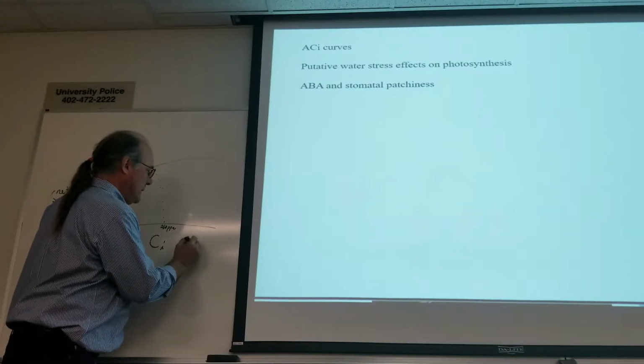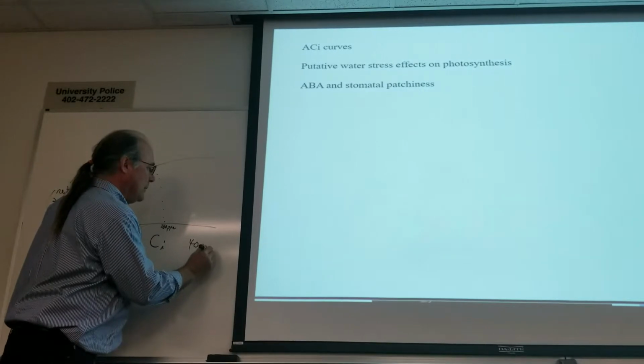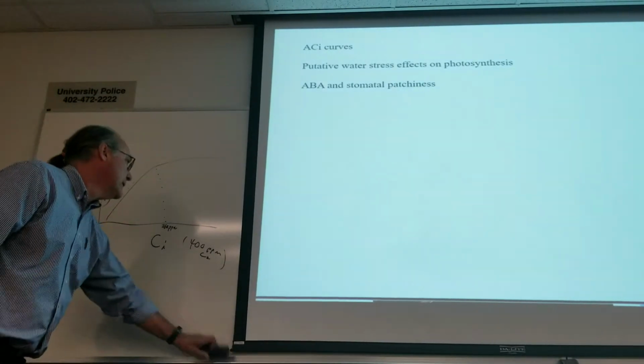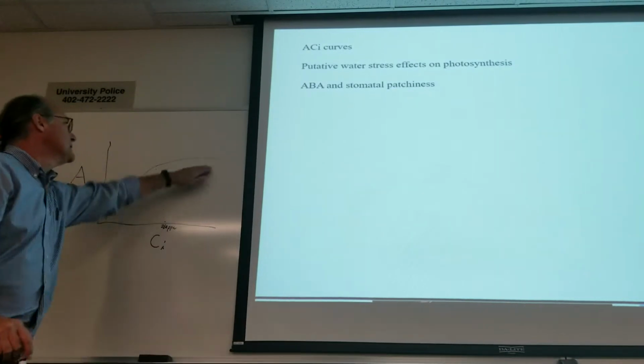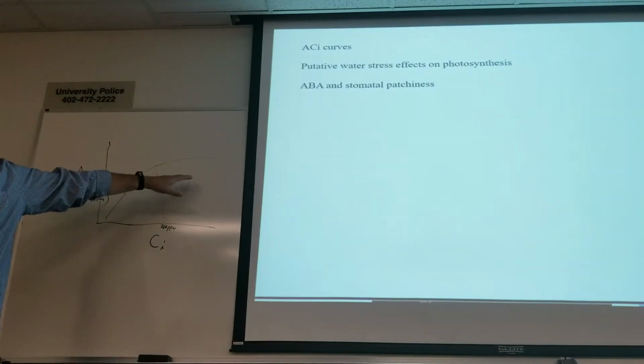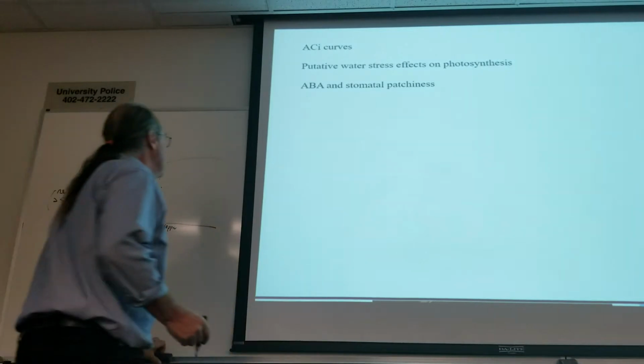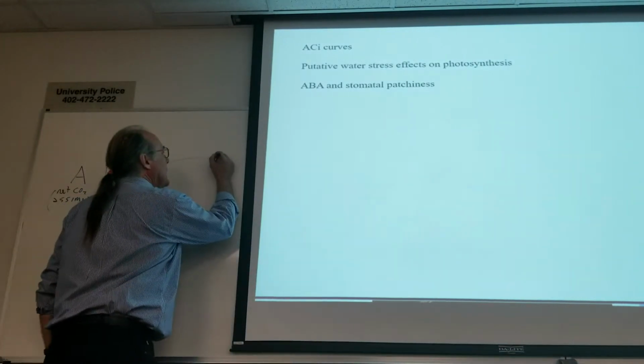If we have, say, 400 parts per million. Anyway, this relationship between A and CI is what it is. This is the rate of photosynthesis as a function of the concentration of CO2 inside the leaf. So if we have a treatment, let's say a treatment like high light,